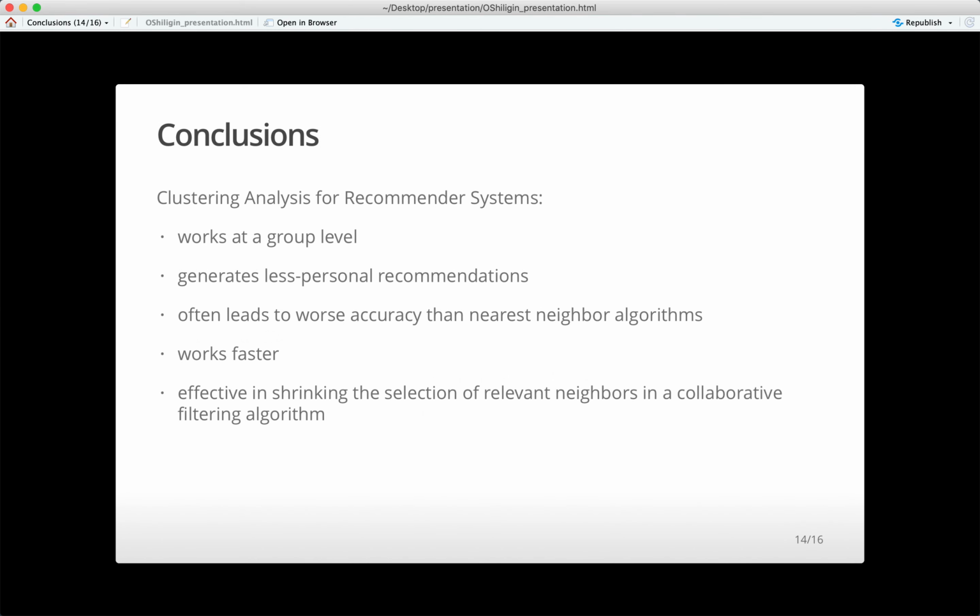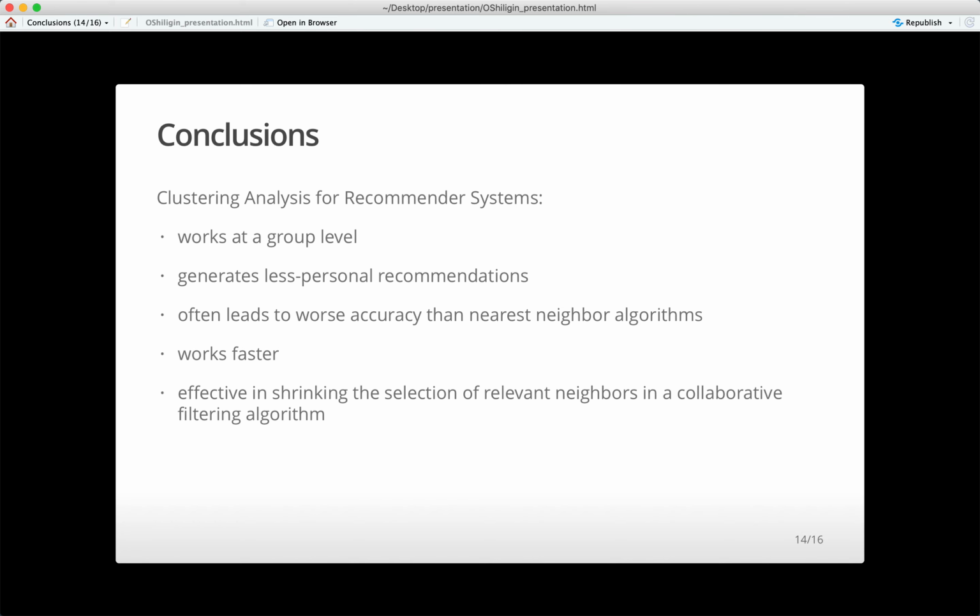Okay, let's conclude. Clustering is a widely used method in recommender systems. One of the ways to make recommendations based on past purchases of other customers is to cluster customers into categories. Each cluster will be assigned typical preferences based on the preferences of customers who belong to the cluster. And any new customer who is classified as a member of a cluster will receive recommendations based on preferences of